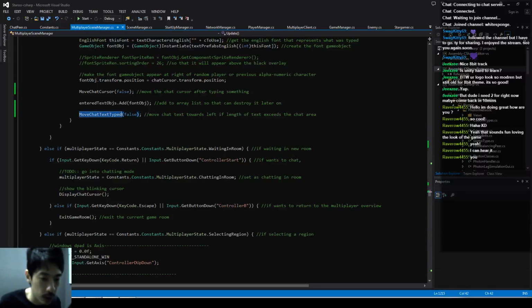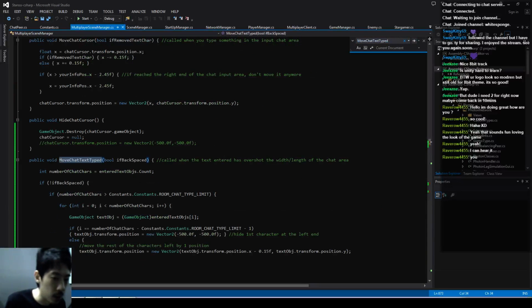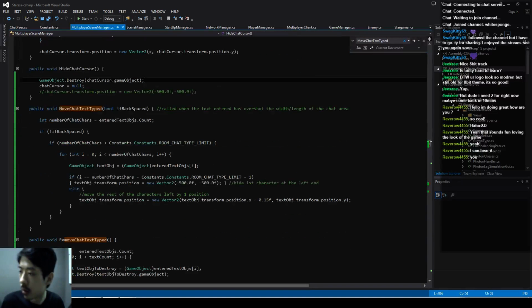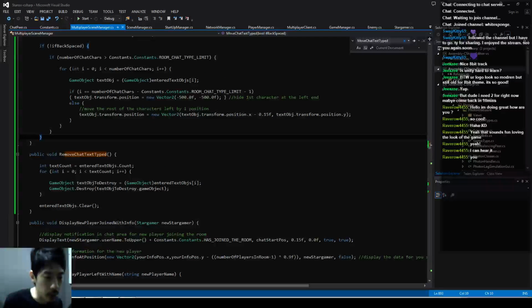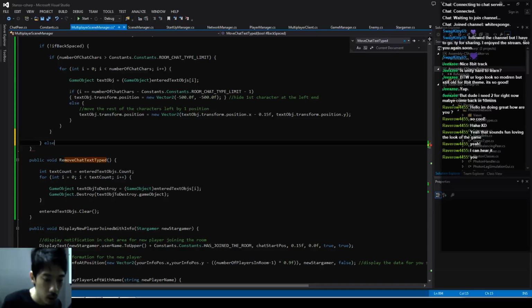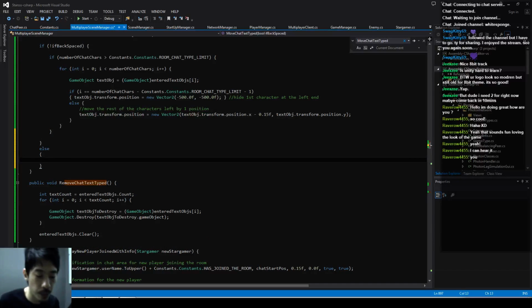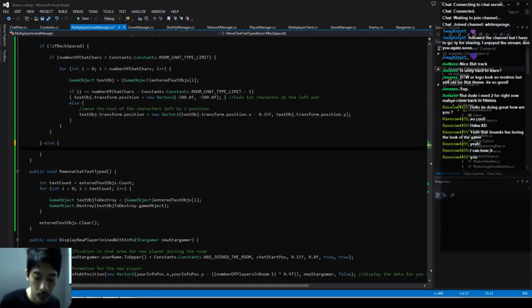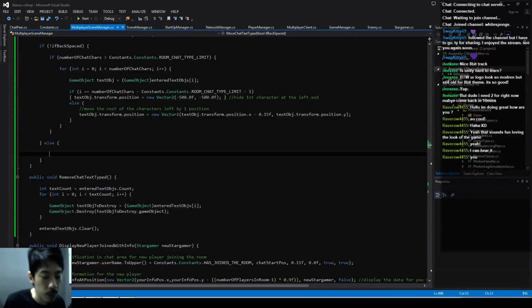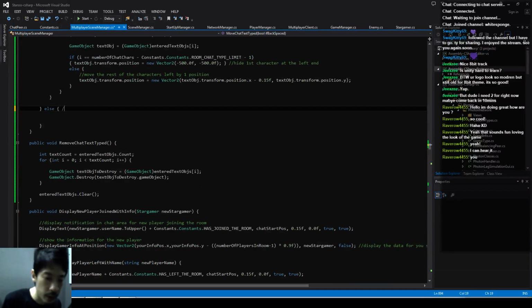So let's go back to this move chat text type method, and over here we'll do an else. Okay, so if backspace was pressed,